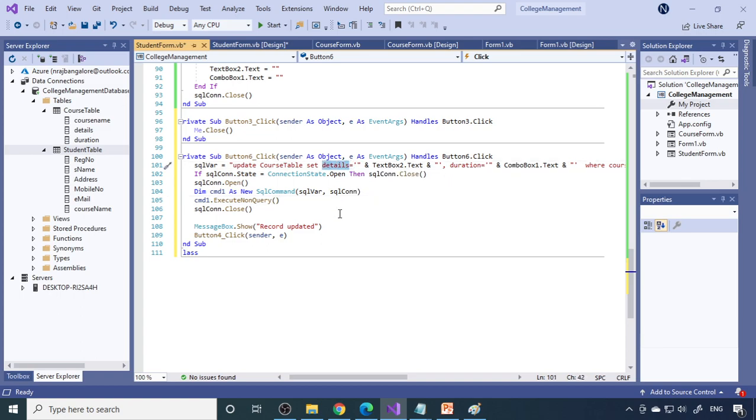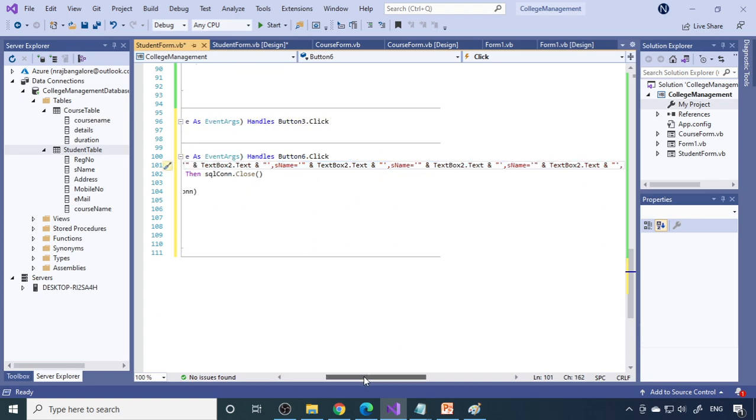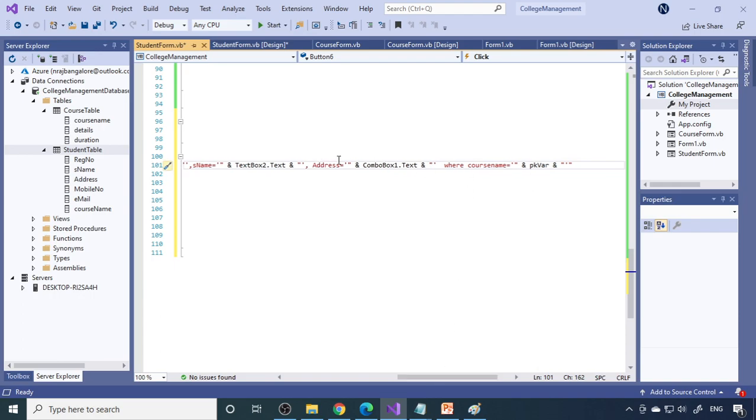So this is S name. Next is the address, because this one, okay, address. Sorry, combo box. So combo box 3, 4, 5. Okay, so instead of address this is supposed to be course name.